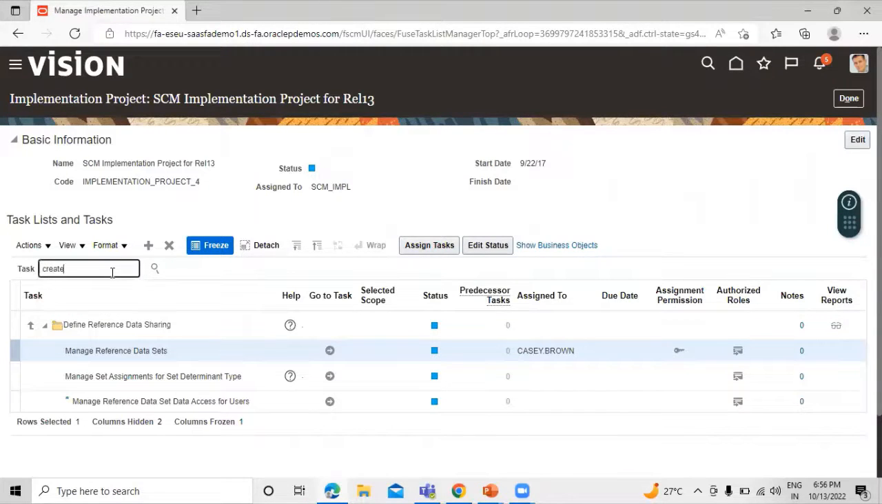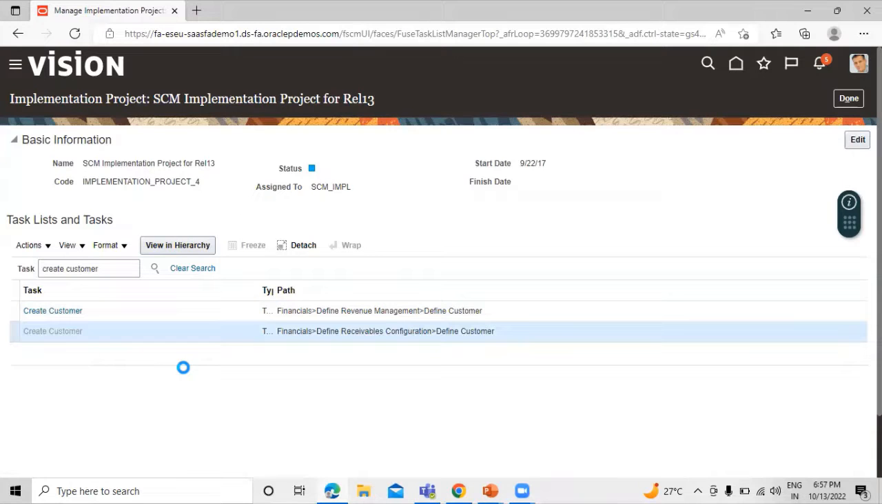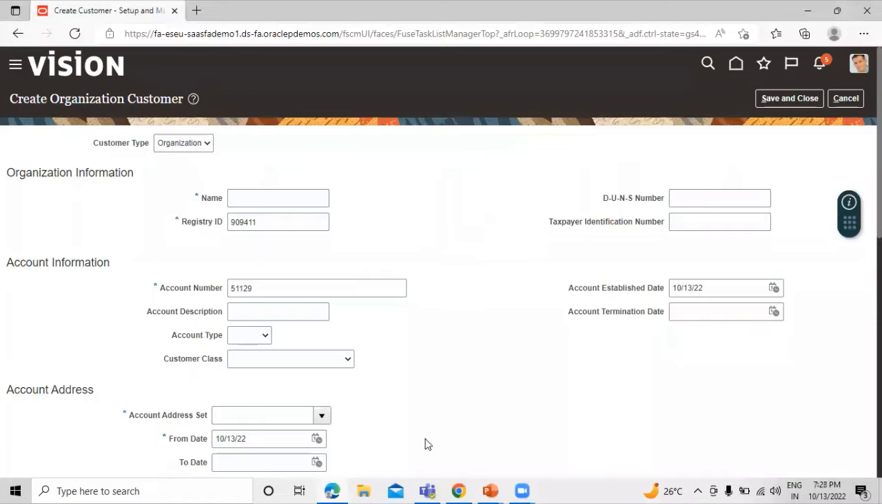So let's search. The task name is create customer. Right, just click on that. Now let's create our customer. We have to define the name. So I'm going to enter Tata